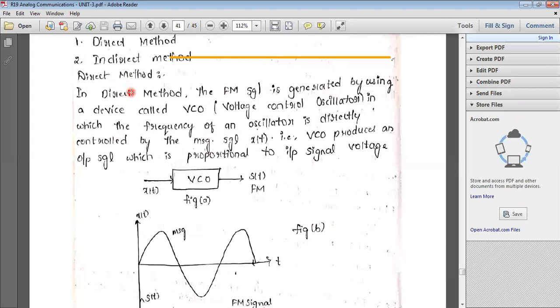So in the direct method, the main block is a VCO, that is voltage controlled oscillator. What is meant by VCO? It generates signals which have a frequency, and that frequency is generated depending upon the values of the inductor and capacitor used inside the tank circuit. By changing those values, automatically the signal's frequency changes. How do we change those parameter values? Depending upon the message signal amplitude. So totally this is controlled by the x of t.